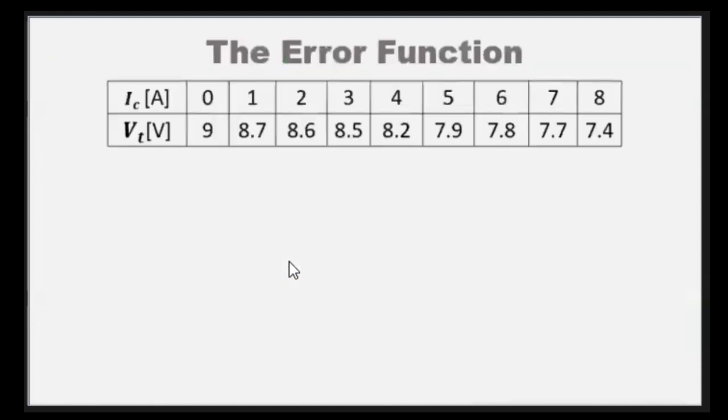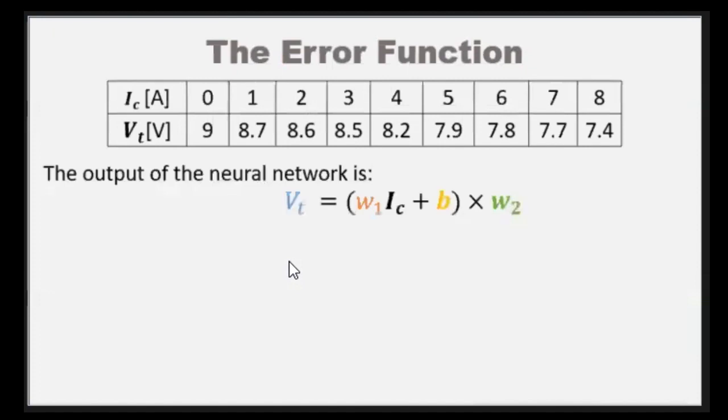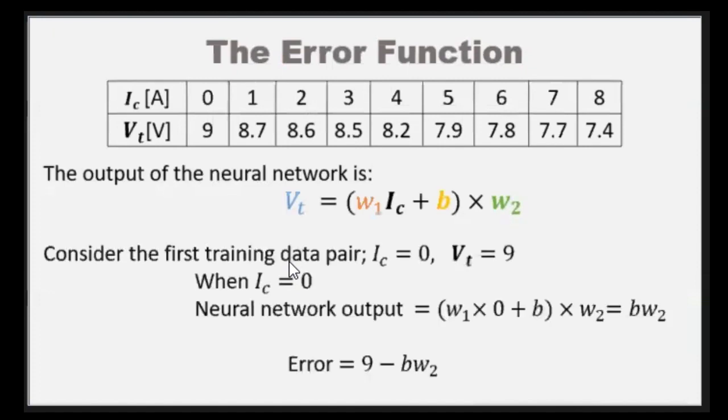Yeah. So now we are calculating the error. How the error is calculated. Okay. Now this is the equation we got from the neural network. And consider the first training cycle pair 0, 9. We know this is the input that we are going to give the neural network. This should be the output. But we are not getting that output at all at the first point. Right? So therefore, what is the